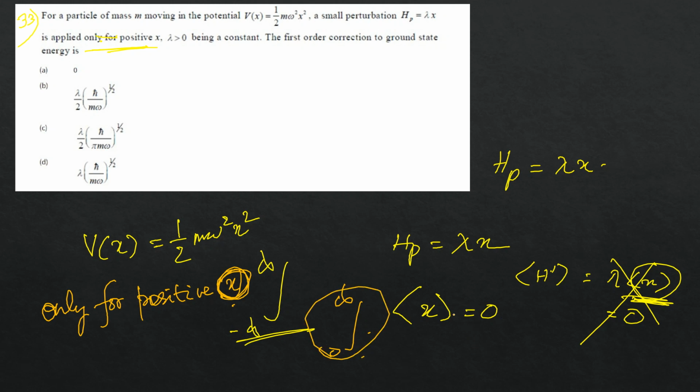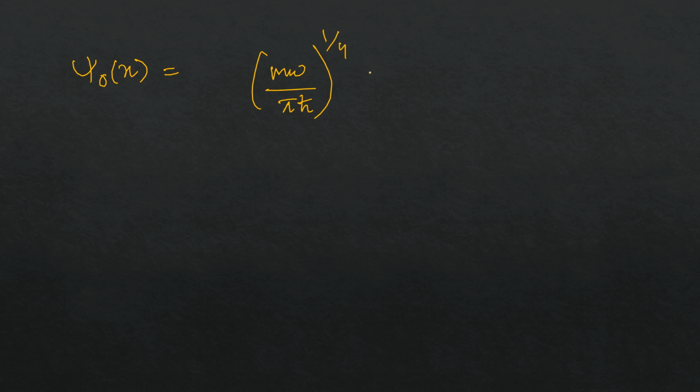So, first of all, what is the wave function for the harmonic oscillator? That we have to know. Otherwise, how will we solve the integration? So the ground state wave function psi0(x) of the harmonic oscillator is (m omega by pi h cut)^(1/4) e^(-m omega x^2 by 2h cut). Alright, so your first order correction of the ground state energy will be how much? 0 to infinity